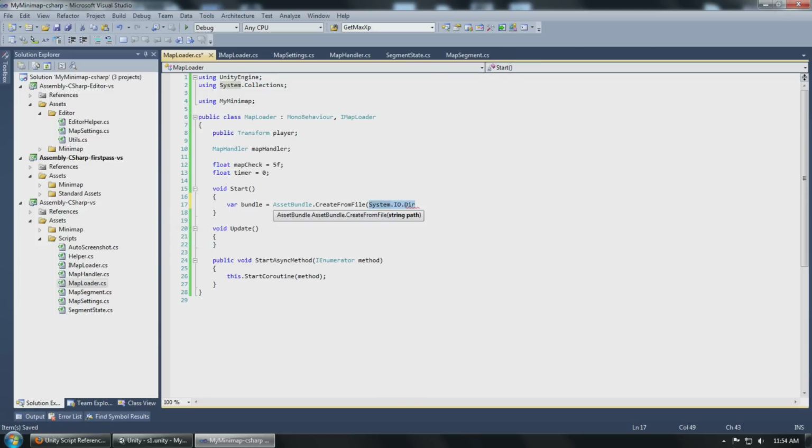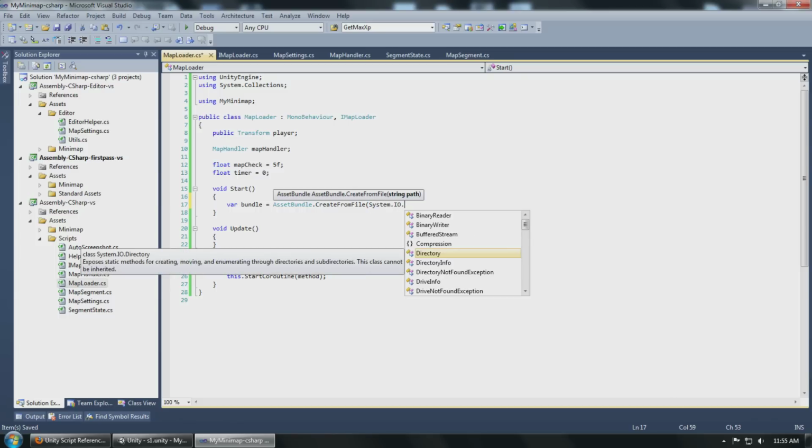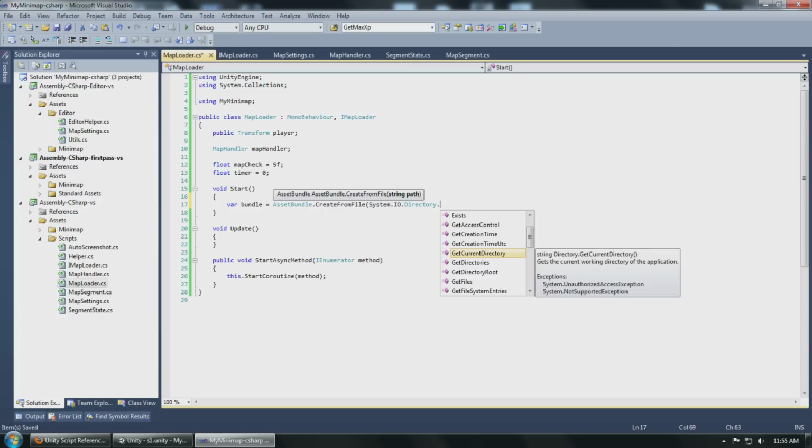You can actually get the Application.dataPath, but this means every time you rebuild it, you have to manually copy and paste the map file inside the data path, unless you build the player from a script. But unfortunately, I'm not building the player from a script. I am going to be building it from the Unity editor. So I'm going to get the actual path. It will be located outside the data path. So get current directory, and